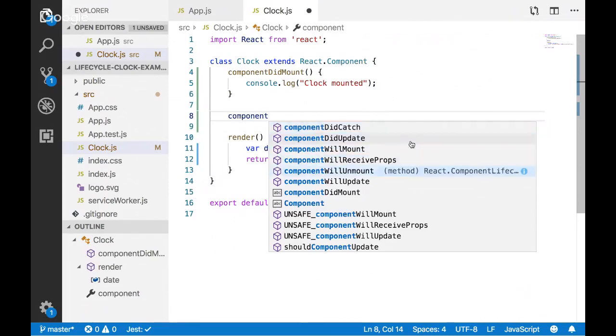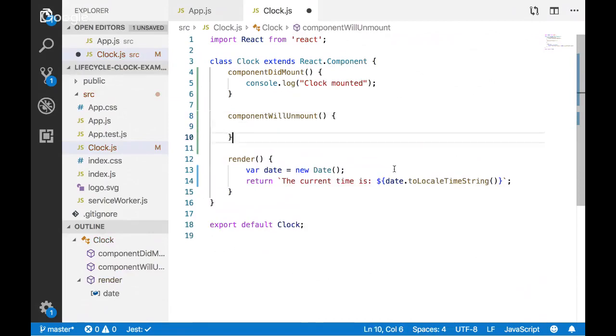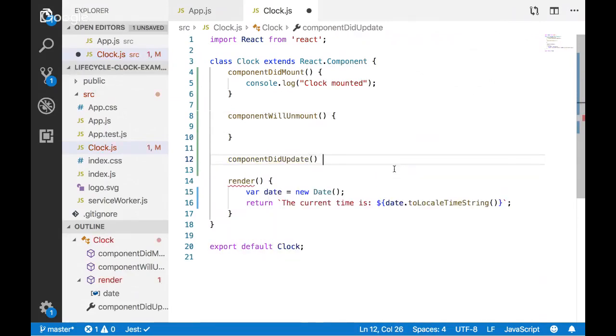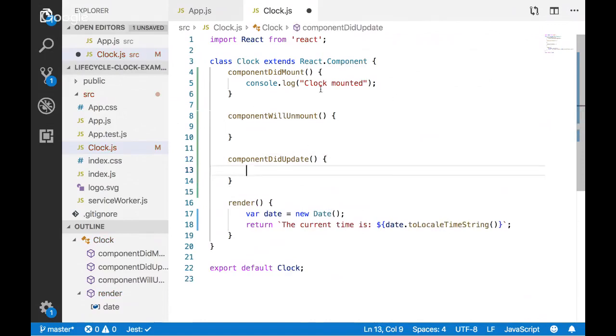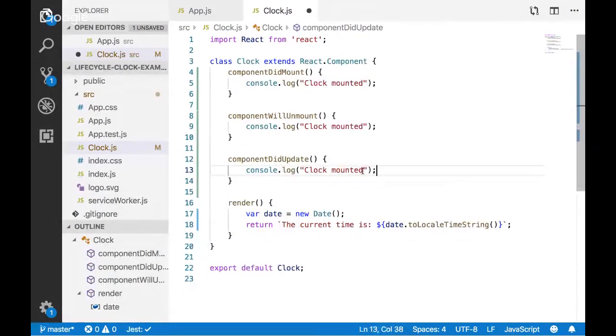DidUnmount or willUnmount, and I'll finish that in a second. And componentDidUpdate. All right, so I'm just going to steal these messages and change them as needed. Oops, component unmount, or clock unmounted.